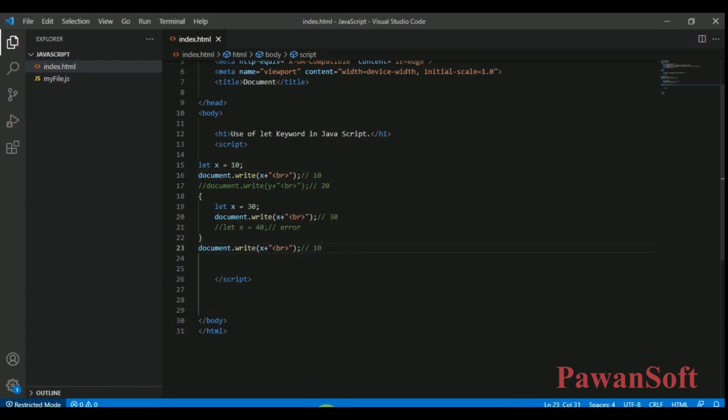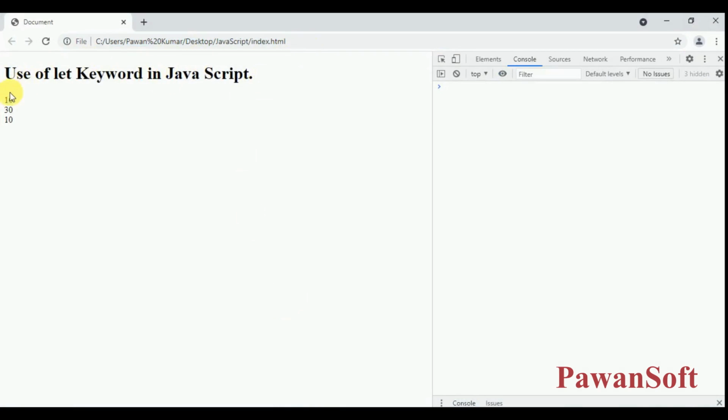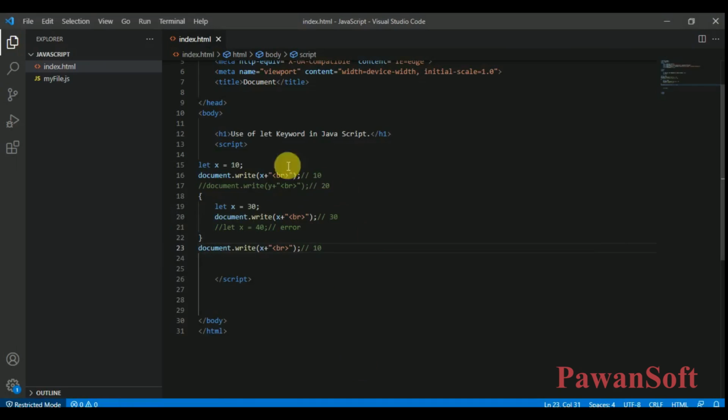Let's see. 10, 30 and 10 means this is the global variable, this is the local variable, and this is for accessing the global variable. This local variable you can access inside this block only, you can't access it outside the block. But this is global, you can access it here and here.